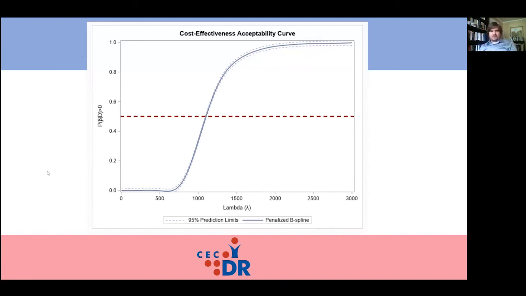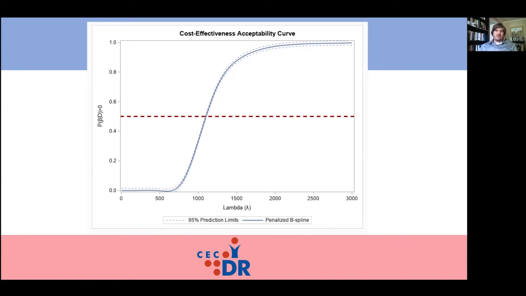Without going into the details of how it's generated, I wanted to show you this. A chart like this is called the cost effectiveness acceptability curve. It allows the reader to look at the bottom of the screen, and this lambda parameter represents your willingness to pay. Am I somebody who's only willing to pay $500, $1,000, $3,000 to get the extra effect? So in this case, you can say, what's the probability this will be cost effective for you to switch from what you're currently doing to the new intervention?